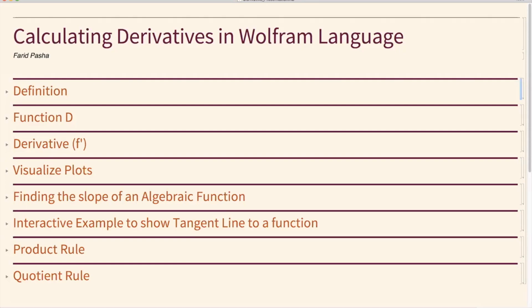Hello, and so today we'll be talking about how to calculate derivatives in Wolfram Language. How I have divided my session today is I'll talk about the definition of derivative first, then we look at a couple of functions available in Wolfram Language, and then how you can visualize these derivatives, find the slope of the algebraic function, and then develop an interactive example to show and calculate the tangent line to the specific function. And in the end, I will also talk about the product rule and the quotient rule, because I've seen